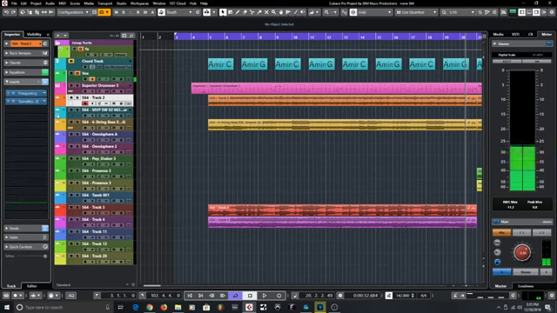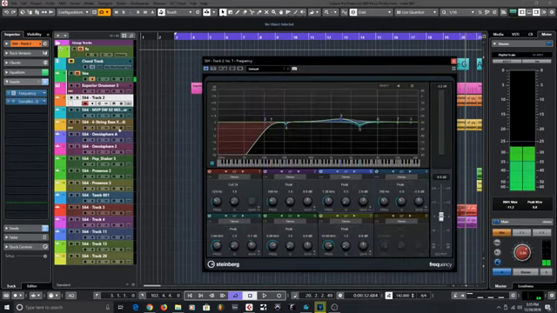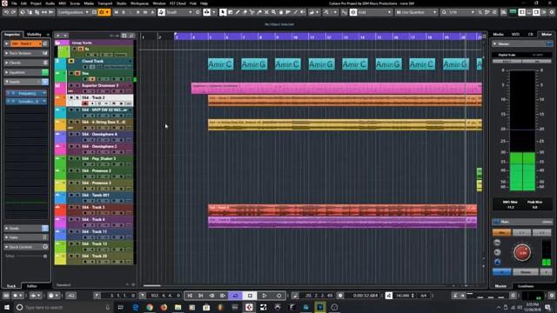So I hope you know what an EQ is, and if you don't, I just call it a bad frequency remover. You remove some bad frequencies, and that's what EQ is.